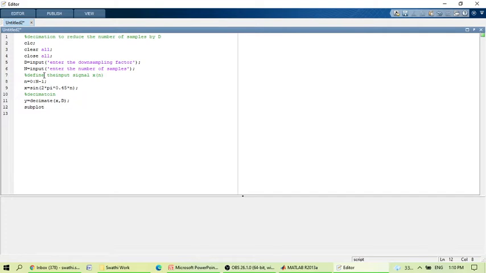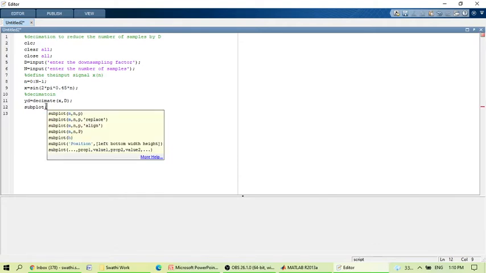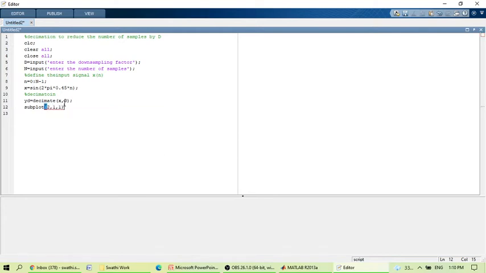But you are going to plot two figures. One is what? The actual signal, and second one is what? The decimated signal. Let us say I am saying the variable yd. So I am going for subplot. Totally how many figures do I want? Actual signal x of n, and after decimation, a total of 2 signals you are going to get. Is it right? Therefore give here subplot 2 comma 1 comma 1.